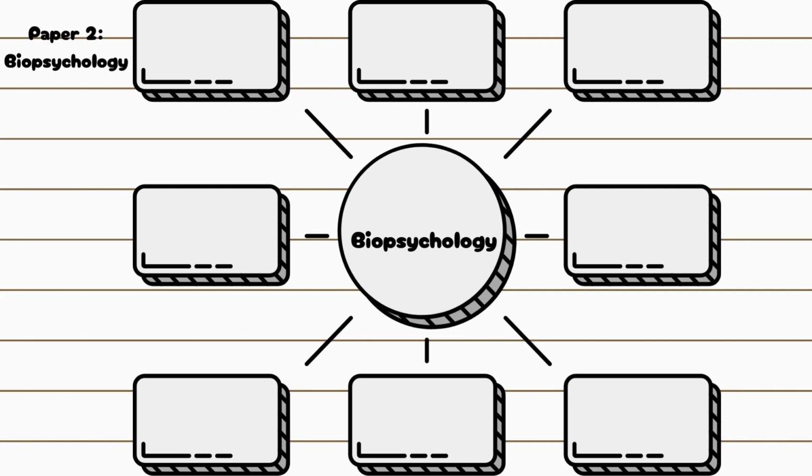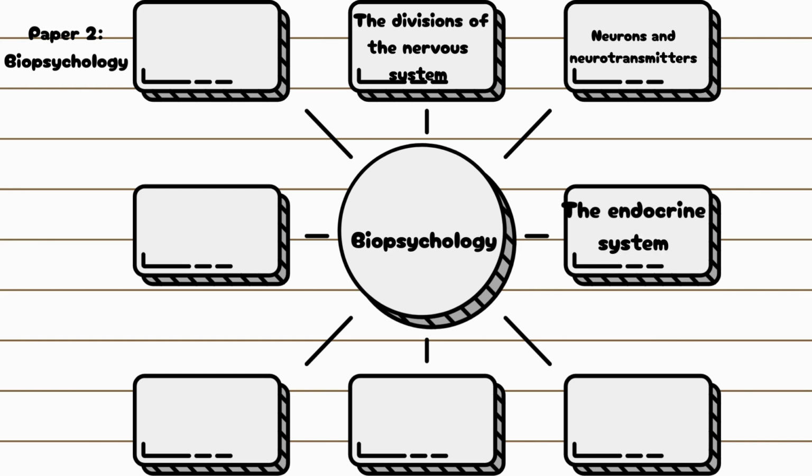Topic 6 is biopsychology, and you need to know the divisions of the nervous system: central and peripheral, somatic and autonomic; the structure and function of sensory, relay and motor neurons; the process of synaptic transmission, including reference to neurotransmitters, excitation and inhibition; the function of the endocrine system: glands and hormones; the fight or flight response, including the role of adrenaline; next, localization of function in the brain: hemispheric lateralization, motor, somatosensory, visual, auditory and language centers, Broca's and